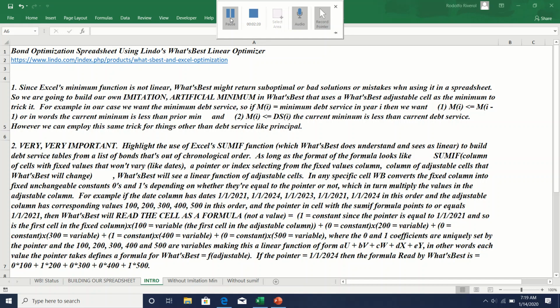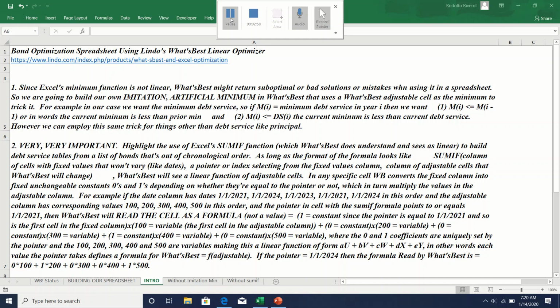For example, if the date column has dates 1/1/2021, 1/1/2024, 1/1/2023, 1/1/2021, 1/1/2023 in this order, and the adjustable column has corresponding values 100, 200, 300, 400, 500 in this order, and the pointer in the cell with the SUMIF formula equals 1/1/2021, then What's Best will read the cell